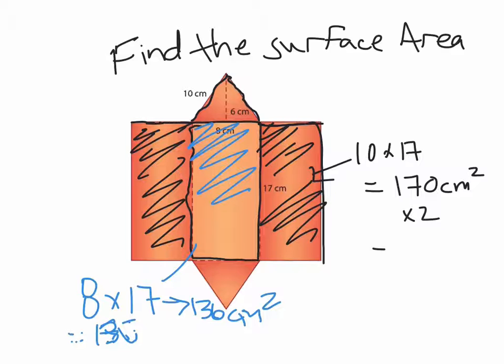The next thing I need to do is find the area of our two triangles. So there's this triangle here and there's this triangle here. I know the area of a triangle is found by taking the base and multiplying it by the height and then multiplying by half. So that's 8 times 6